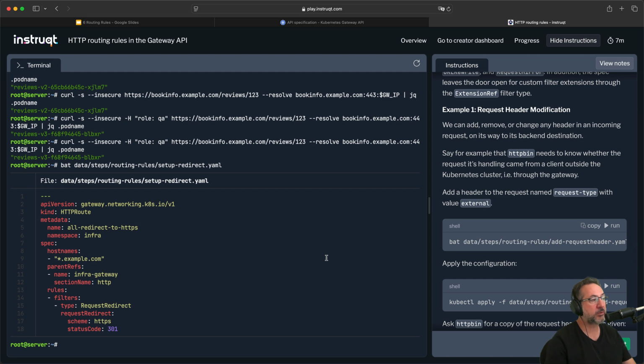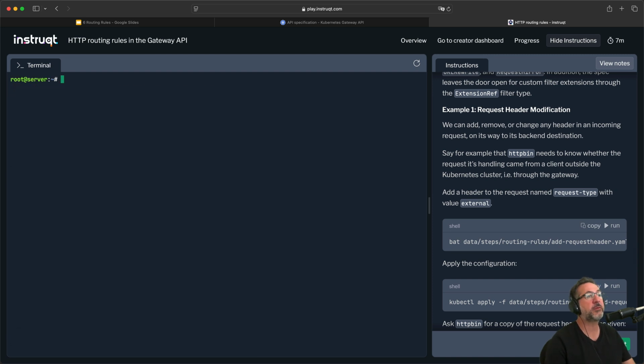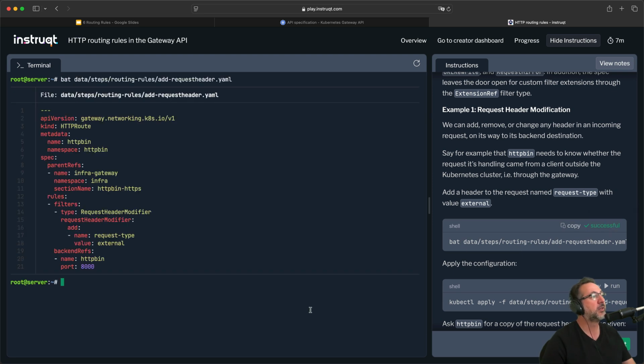Where perhaps we want to inject a header in the request before it reaches HTTP bin, for example, and maybe to tell the backend service the provenance of that request. Maybe that service is handling requests both from the outside world, external requests, versus ones that come internally from other services. And so we can look at this little snippet of an HTTP route that essentially uses the request header modifier filter to add a header to the request at the gateway before it's sent upstream to the HTTP bin